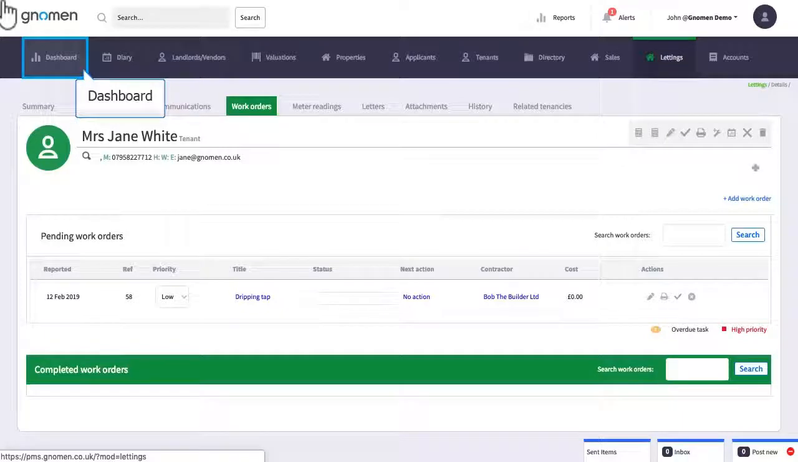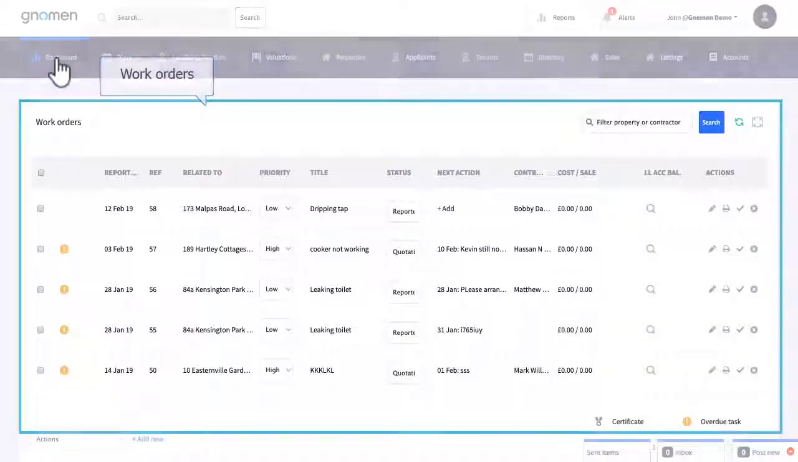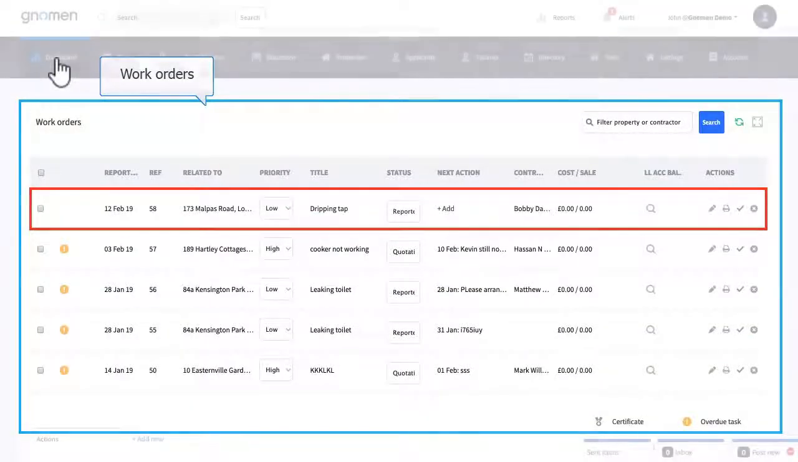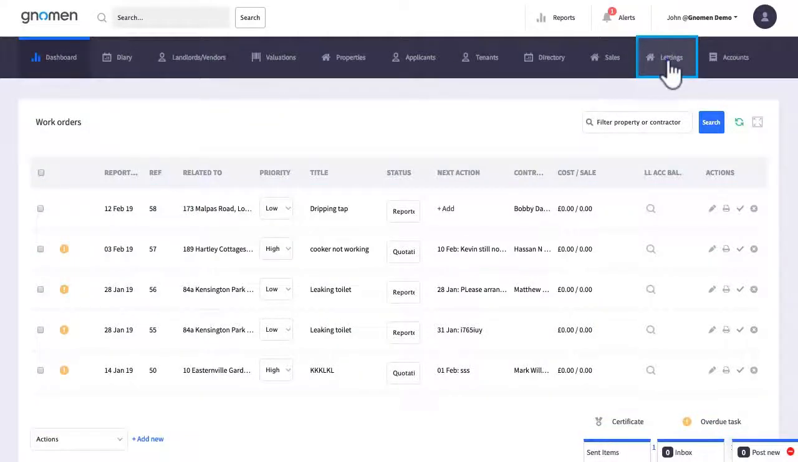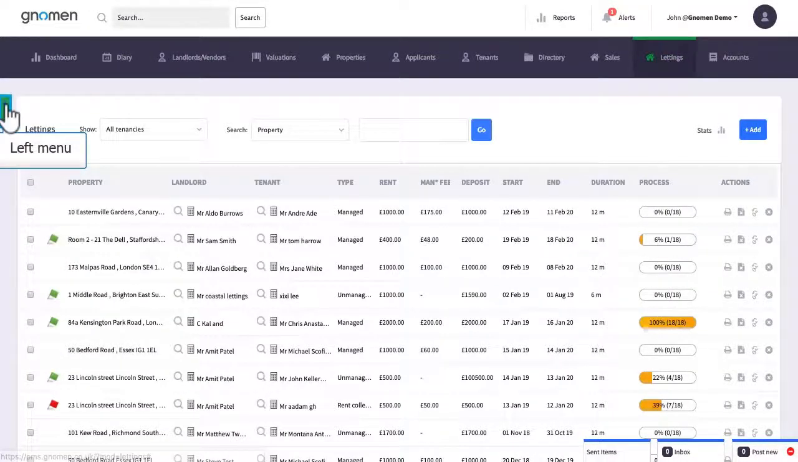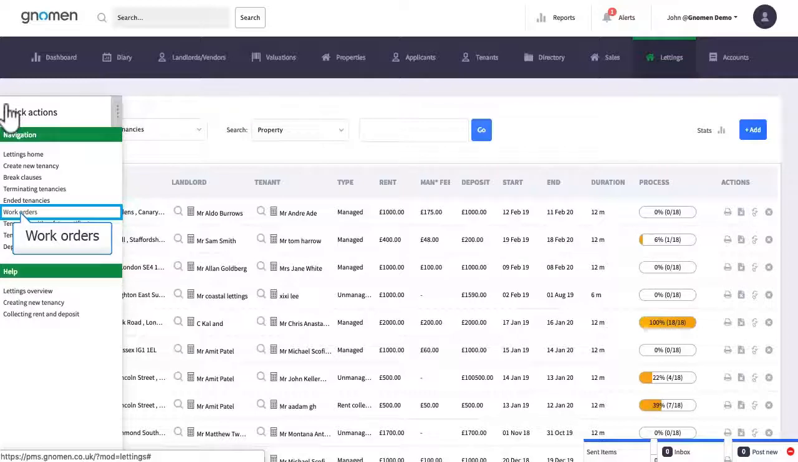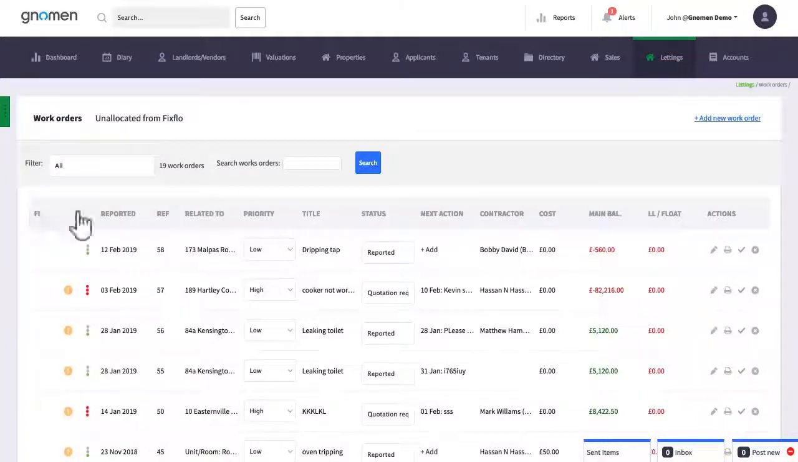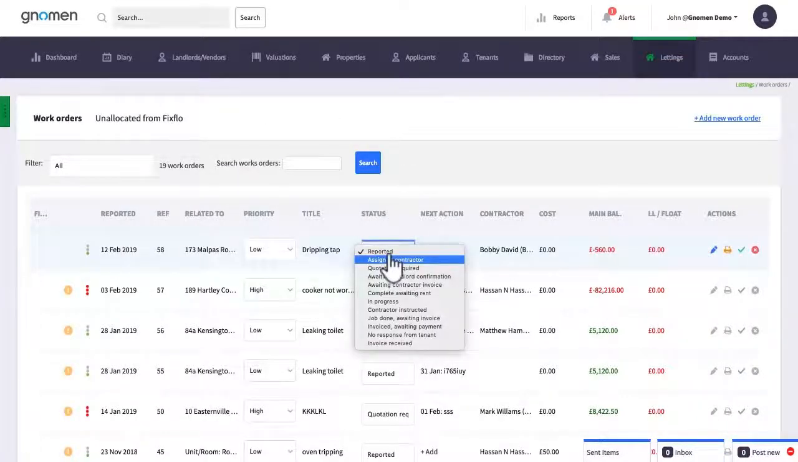Pending work orders could be seen by going to the dashboard. Or if we go to the letting section, the list could also be accessed via the menu here, providing you with more comprehensive functionality. Now once the job's been done, you could change the status here and mark it as